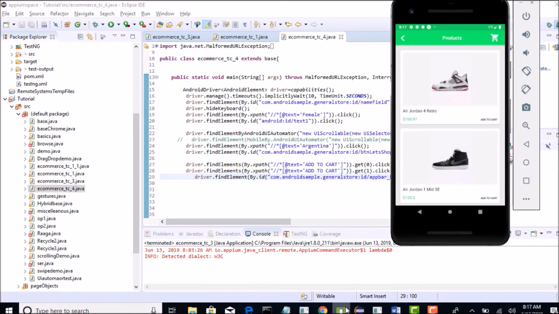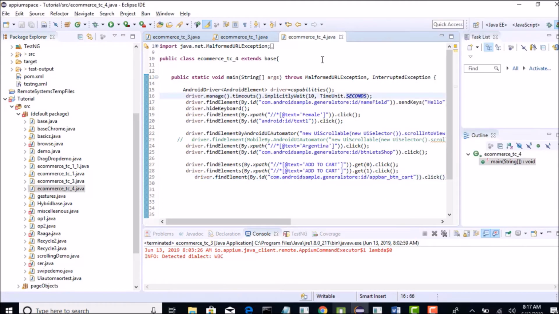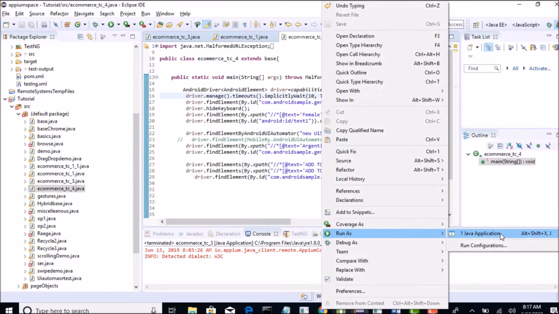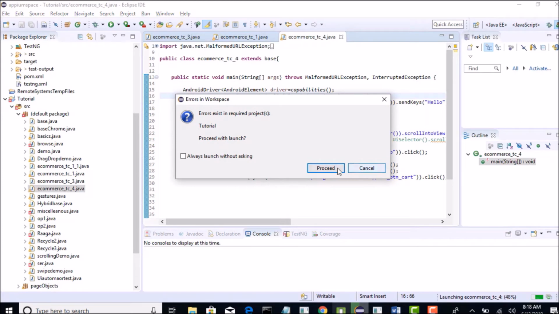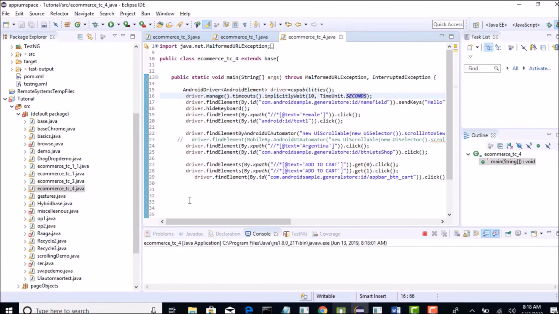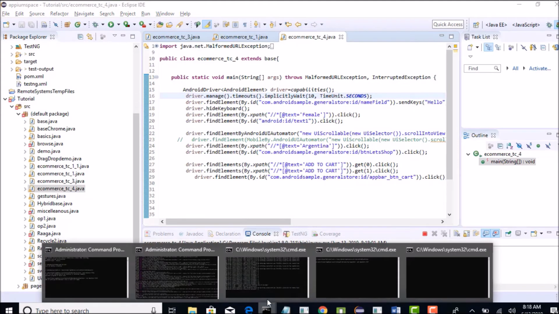Why? Let's try. Let me run this and see why this will fail. There is nothing wrong in our assumption that there are two add to carts, so we are just taking find elements. Our XPath is perfectly correct and we have selected proper indexes, but still it might throw an error.